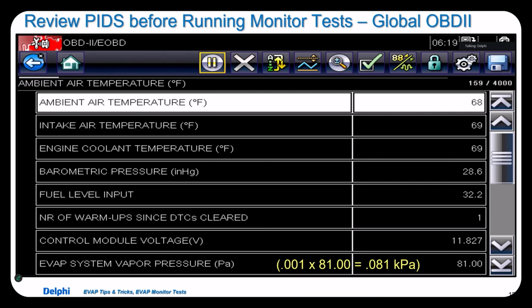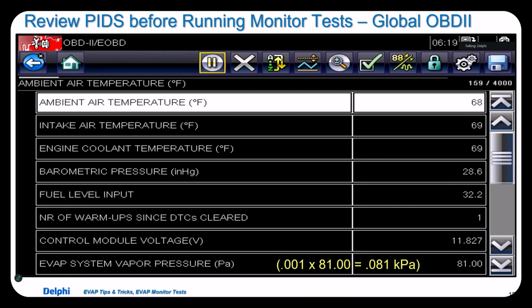go find it. And the other problem with global OBD2 is it's in pascals, which means that's a way we don't normally think. So here it says 81 pascals. If you times it times 0.001, it gives you the actual kilopascals. And if you look at my chart, kilopascals means there's almost no vacuum in the tank, and we are basically